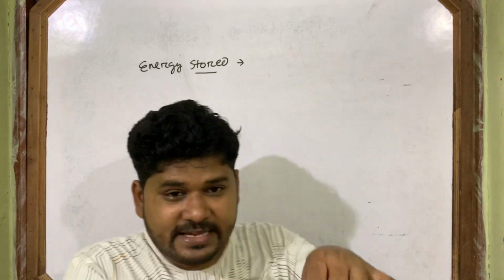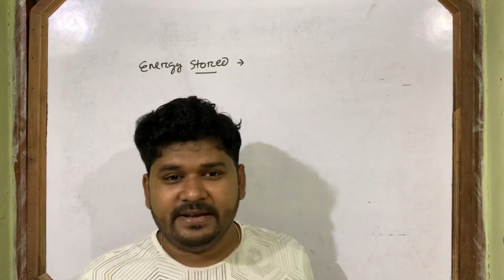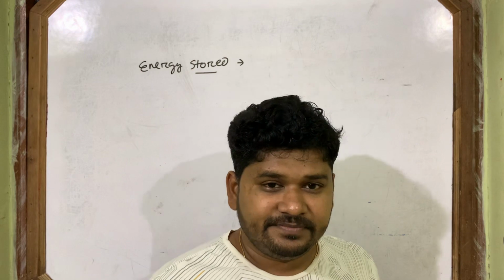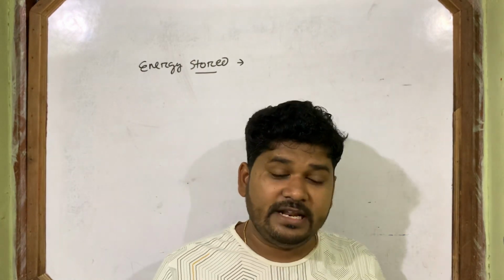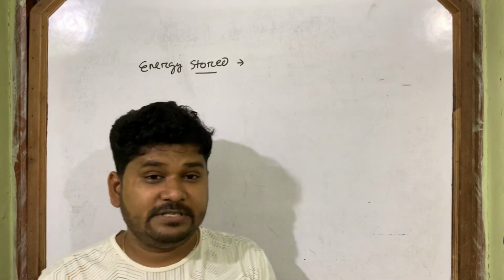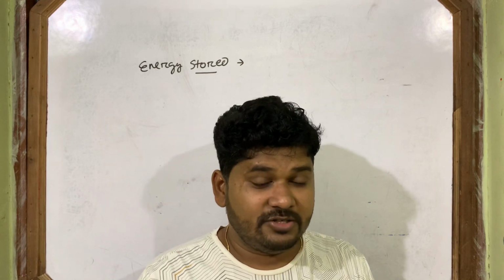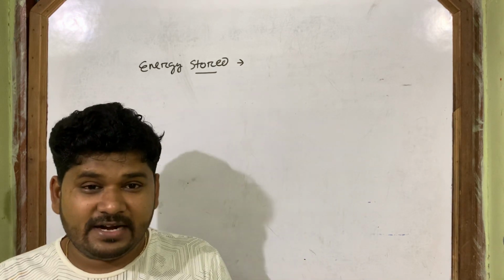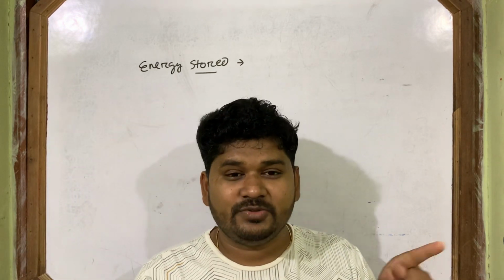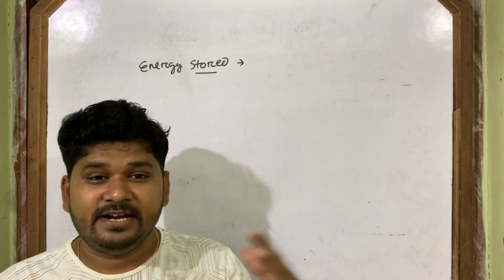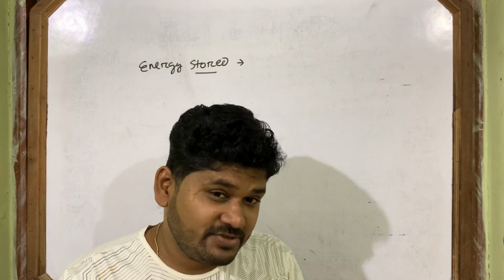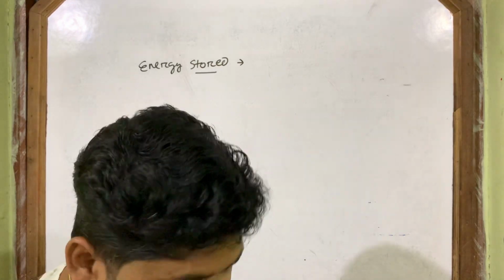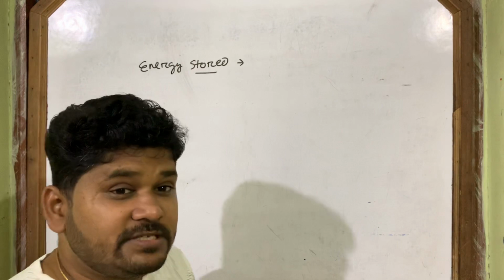Here work is done against which force? Against the gravitational force. Hence the potential energy which is stored is gravitational potential energy. The same thing you have also done in a capacitor. In a capacitor you have also done some work. Not you, the cell did the work, to send the charges to the plates of the capacitor against electric force. There also energy is stored: electric potential energy. Here what happened? Here what work is done against what?